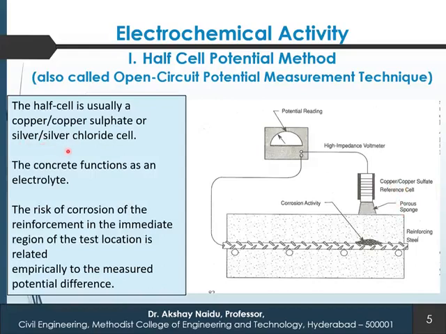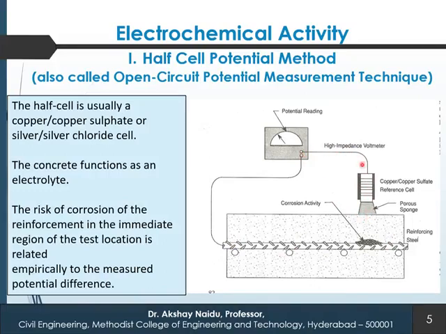Sometimes silver and silver chloride solution can also be used. Now this cell has a porous sponge. So when this cell is pressed against the concrete,